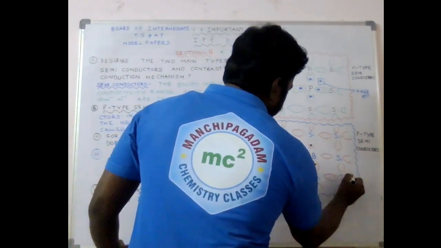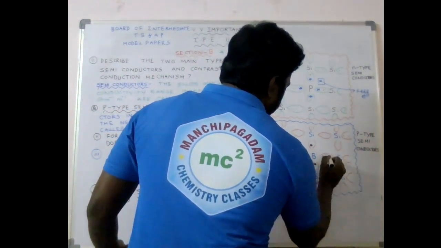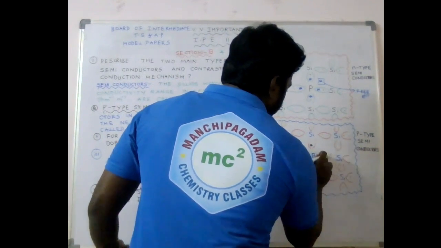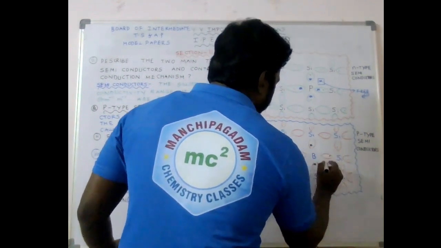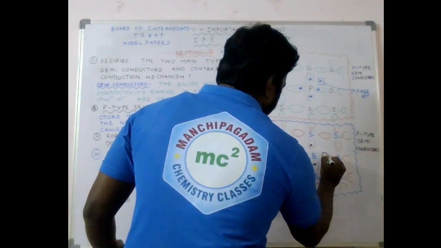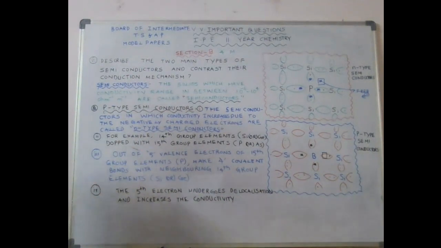Here silicon has 1 electron, but boron not having electron. Why? Because for the 4 valency electrons of 14th group, there is no availability of 4 valency electrons. Okay. So this is called